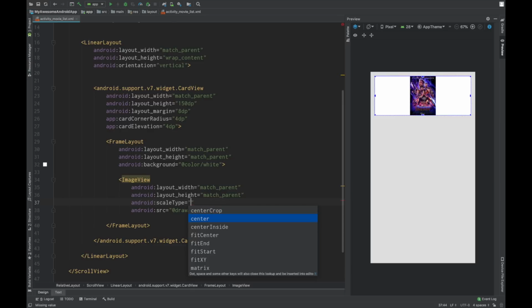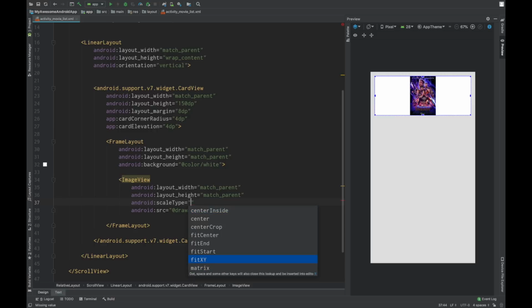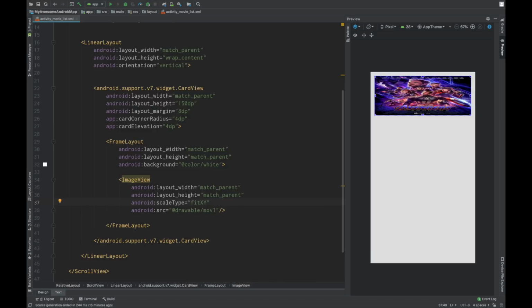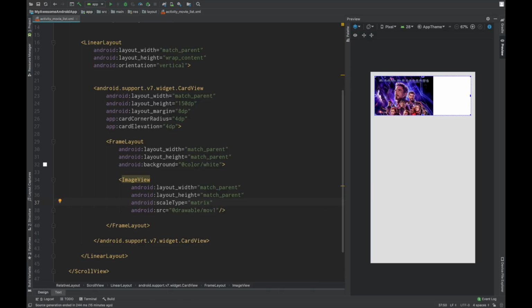Center crop, then center, then center fit, center inside, fit xy. Fit xy will try to fit the entire image in the size which looks bad, or matrix, which is another way. But the common scale type that we use is center crop, which will crop the image correctly to fit